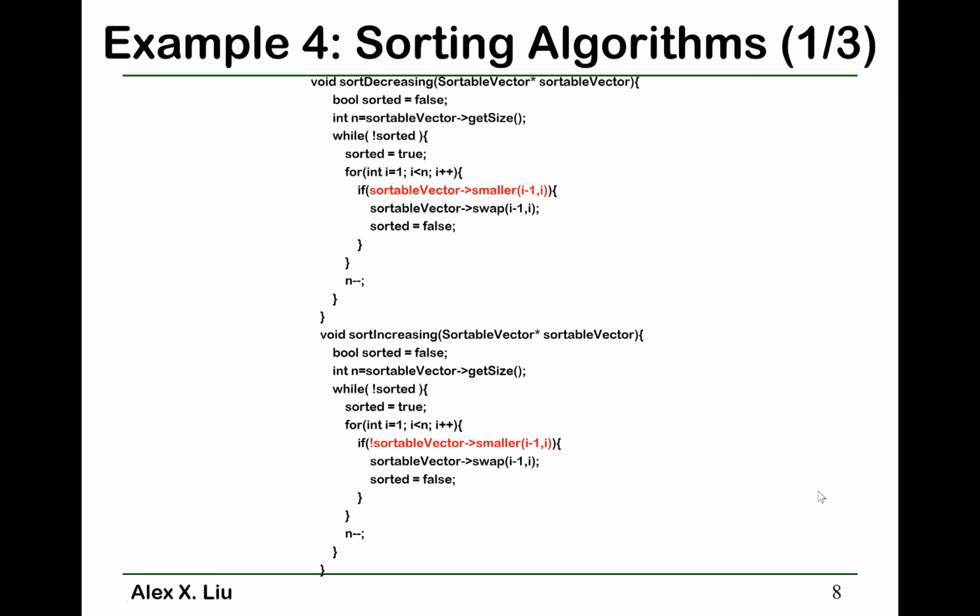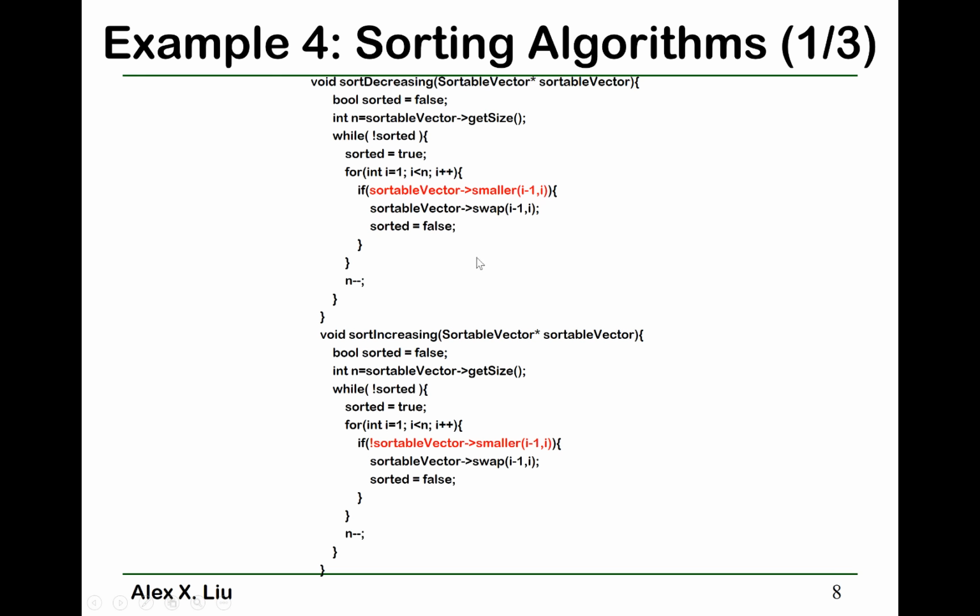Alright, now let's take a look at the 4th example. In this example, we are dealing with sorting algorithms. In the abstract factory pattern, you have seen the code of the bubble sort algorithm. In the bubble sort class, we have 2 algorithms. One is sort in decreasing order, and one is sort in increasing order. What we can obviously notice is that these 2 algorithms are almost the same, right? Except for this one line of